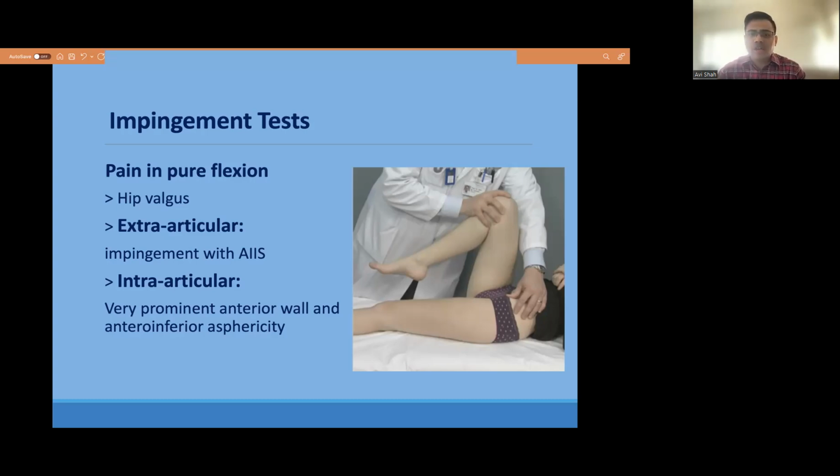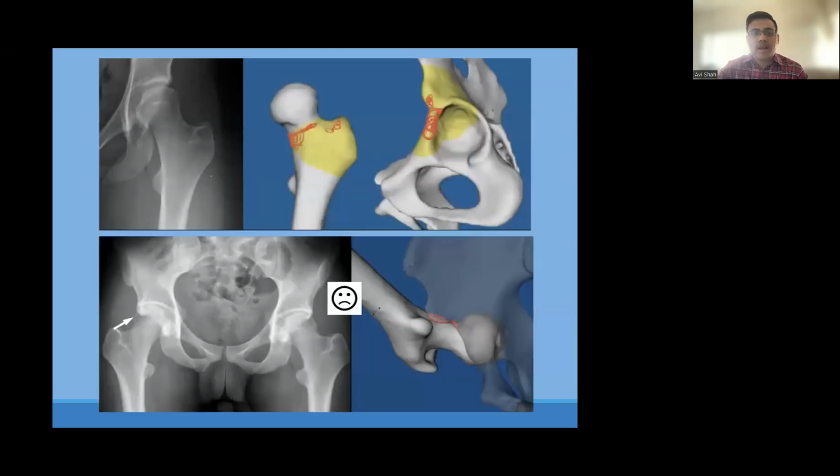If it's extra-articular, usually it is impingement with the anterior inferior iliac spine. And if it is intra-articular, it may be because of a prominent anterior wall, or there may be an anterior inferior asphericity in the femoral head. So like here, in the first image, you can see there is some amount of coxa valga. And because of that,